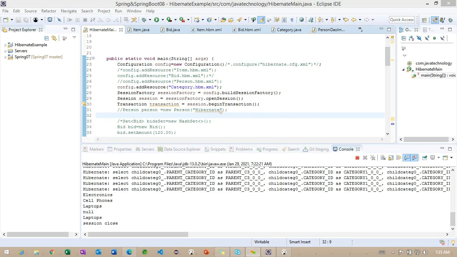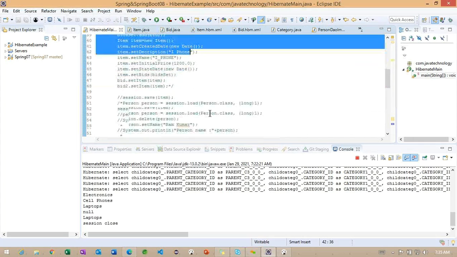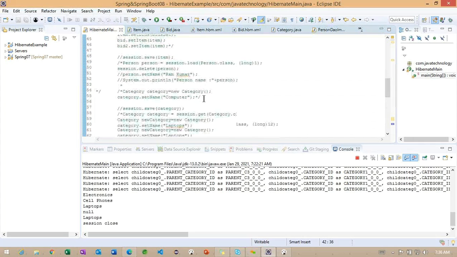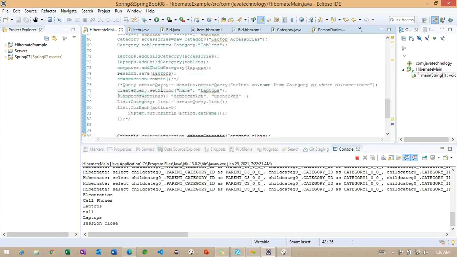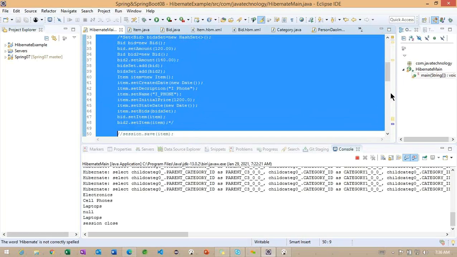As of now, in the many examples we have run, we are simply trying to commit the changes here. Somewhere we have seen transaction dot commit. But whenever we are working with transactions, all the examples we work with inside a try catch. So observe here, session dot begin transaction.